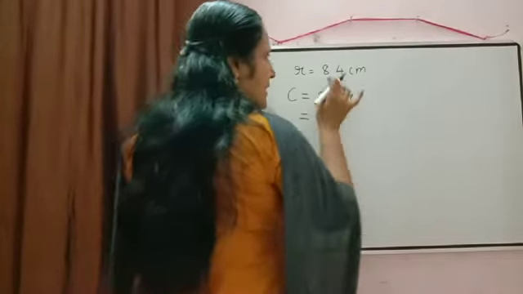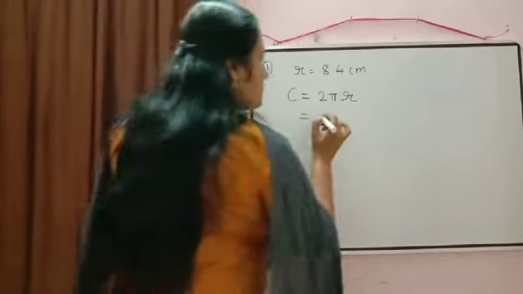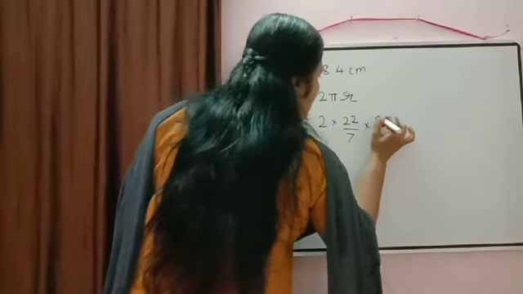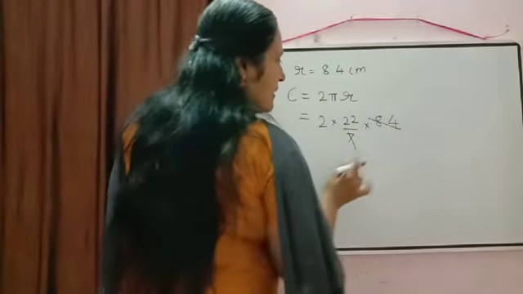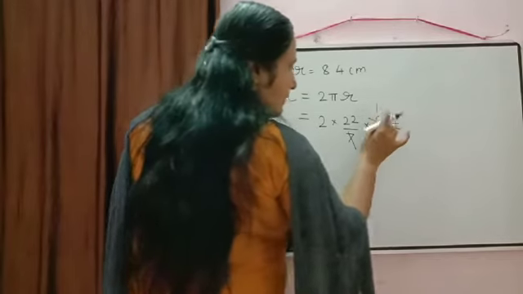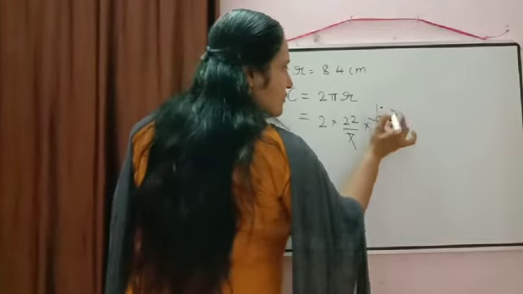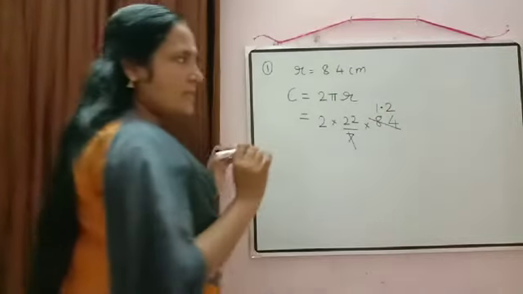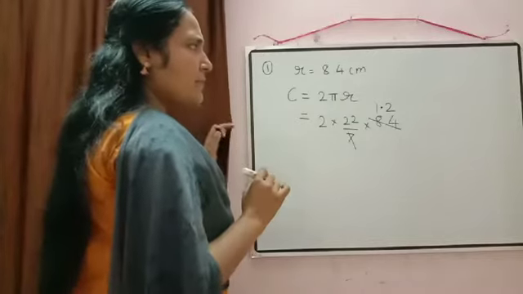Now if you check here, 8.4, just remove that decimal, 84. Is it a multiple of 7? Yes, it is divisible by 7. So we will take pi equal to 22 by 7. So 22 by 7 into 8.4. First we can cancel these two. 7 ones are 7, 8 minus 7, 1 will come, then 14 will come. Decimal we can put here. 7 twos are 14. 84 divided by 7 is 12 only. So we got 1.2.